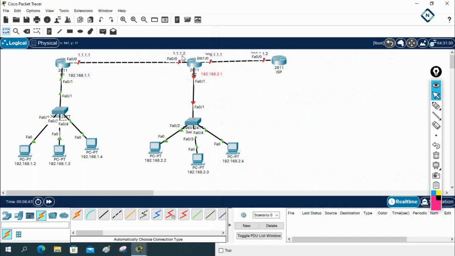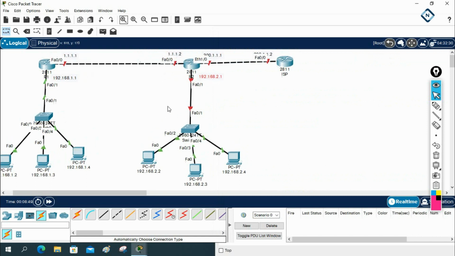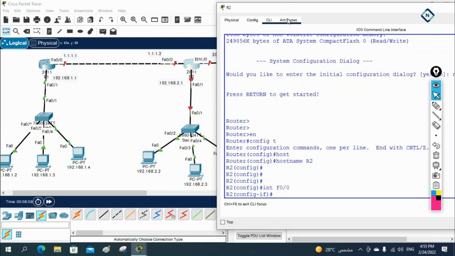Okay, this IP is 1.1.1. I will zoom in a little. Now you can see. Okay, I hope you can see now. This IP we need to assign. So what I will do here, I will write IP address 1.1.1.2